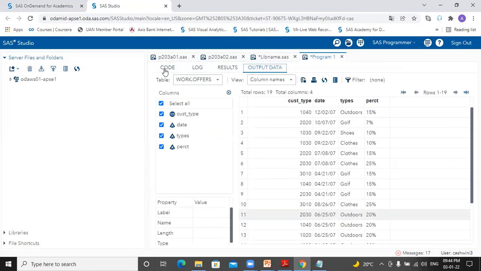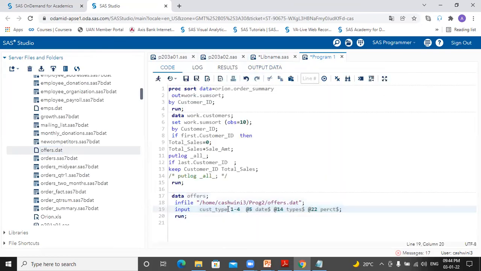Fine. Now what is happening? Now either you can give the column name and the range of values in the column, or you can directly give the pointer control. Why it was giving you this error earlier, I'll explain. But now look here. Until we gave this dollar sign, it was not taking the values for date, type, and percentage. Now in case I remove this for percent and date also, let's run and see how it's processing.